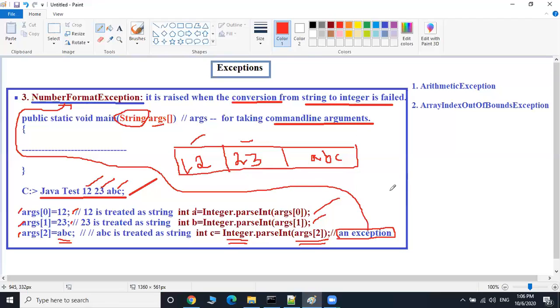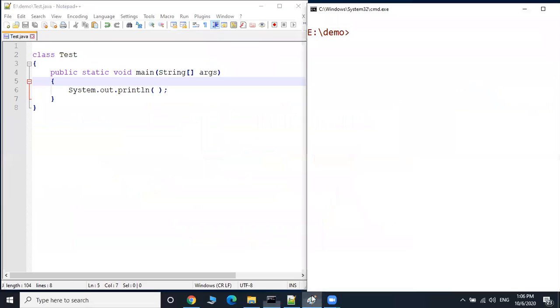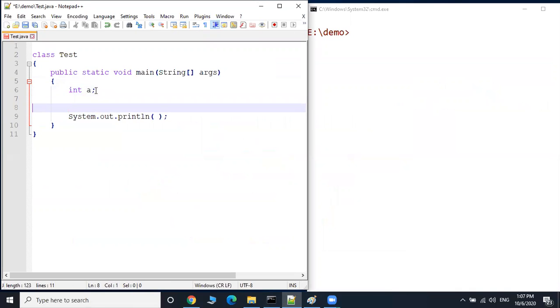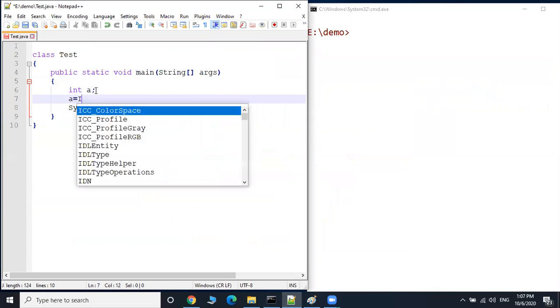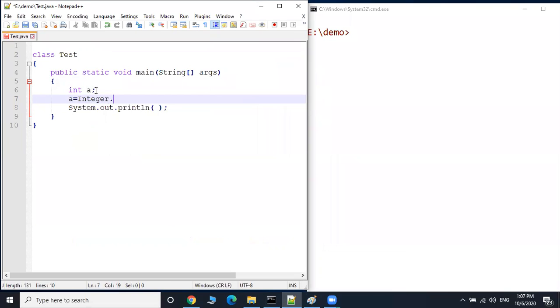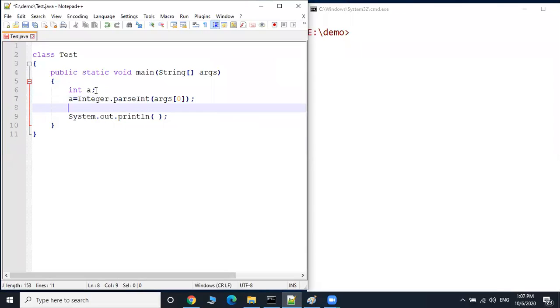Now let us take one example and illustrate. Let us take int a, and a is equal to Integer.parseInt of args[0].